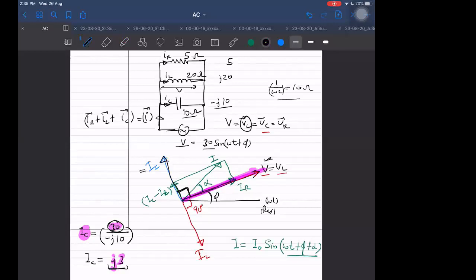Otherwise, if you want to get the exact phase, therefore I was saying in the beginning, no need to take this as reference line. Always take voltage as the reference in the beginning, and start solving by taking voltage as reference. But at last, make the correction. What will be the correction at last? All the phases which we obtain by taking voltage as reference, in all those phases, I will add an extra phi term at last. In the beginning, I can assume V to be at reference only, so that I don't have to take V having an imaginary part. I will take V having only a real part.